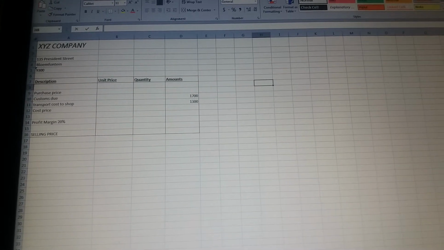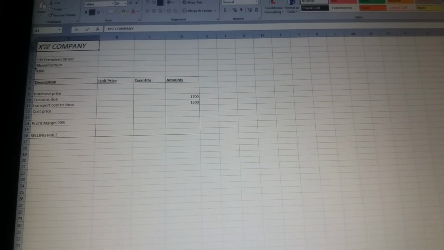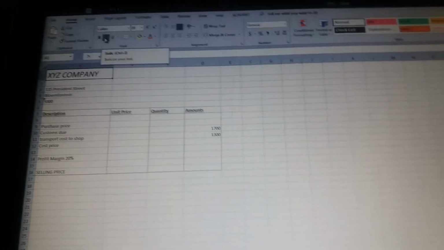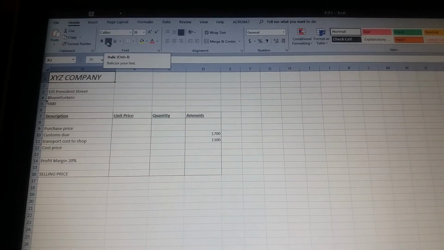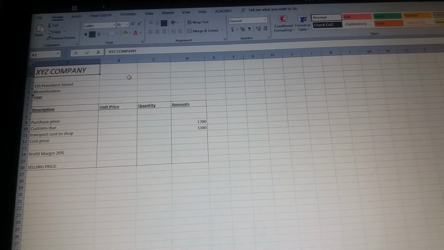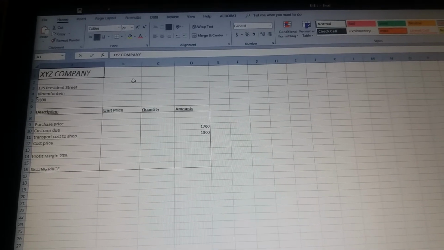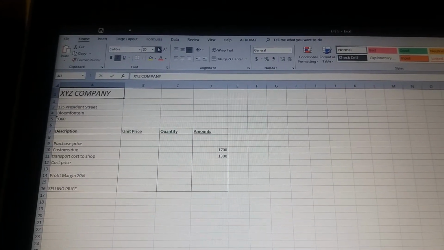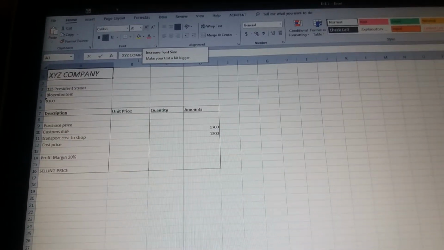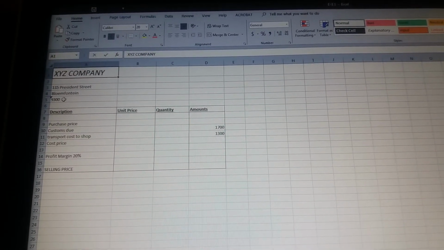So what are we going to do? Just highlight the main heading, you go and italicize it, and then make sure it is uppercase, and then the font, you change the font here. They say it should be 20, and then they say you label